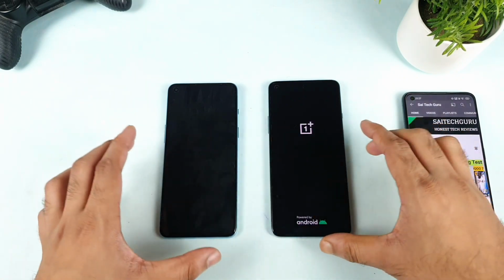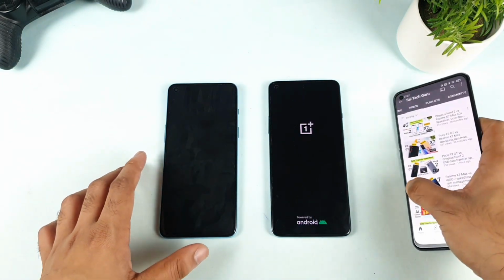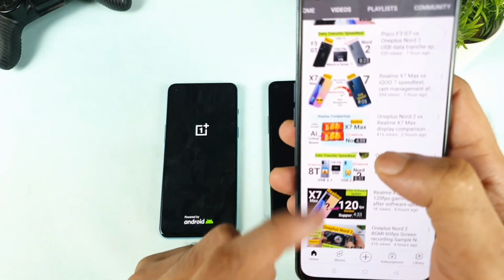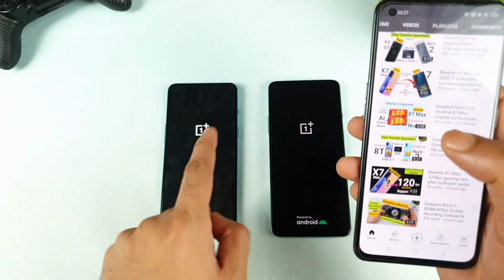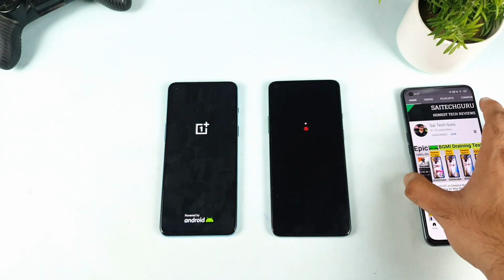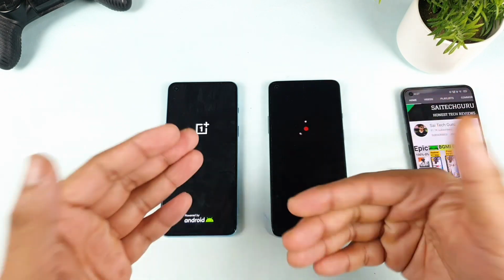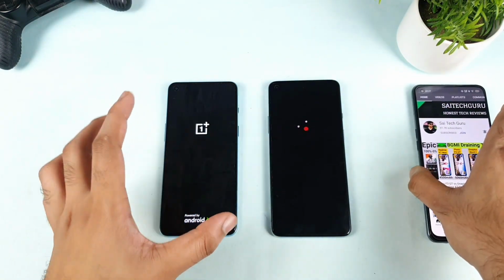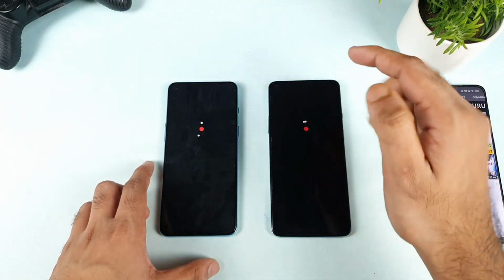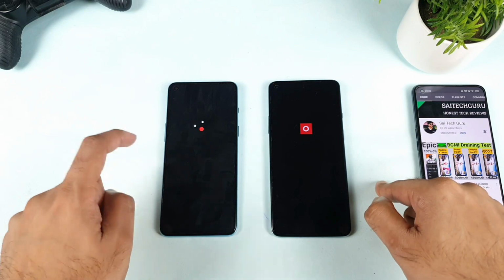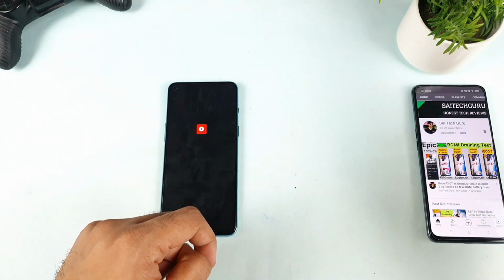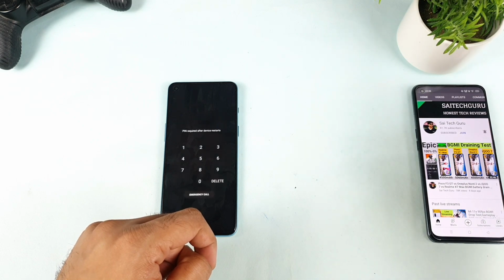The reason I am doing this video is because just a couple of hours back I compared both phones using the USB, yes, using the data transfer speeds, as you can see, comparing the OnePlus 8T versus this phone. And some of the users did ask me in a couple of other videos, can you please do the speed test comparison? They want to know how well this OnePlus Nord 2 will compete with the OnePlus 8T device, the Snapdragon 865 versus Dimensity 1200 chipset, and Oxygen UI versus Color UI, as you can see. That is what this comparison is about.